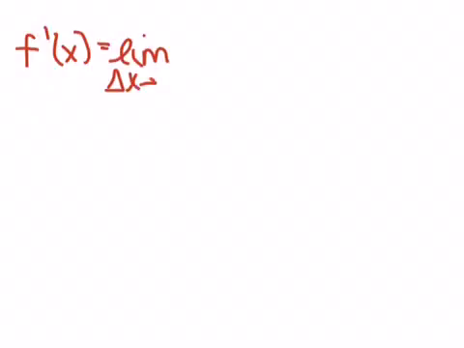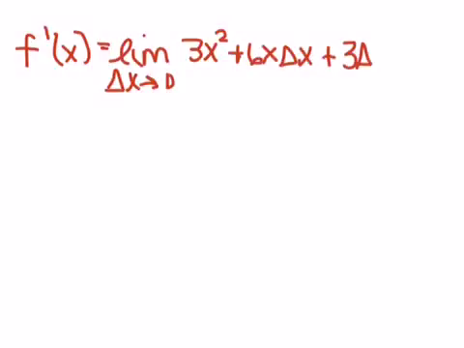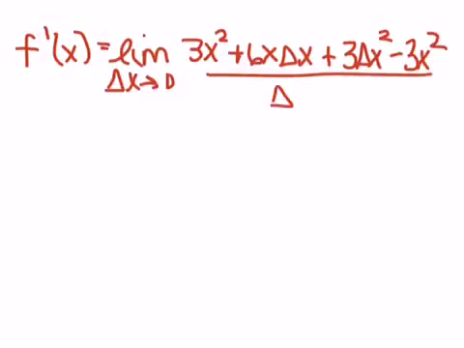Alright, so just copying down what I have so far, f prime, my derivative, is equal to the limit as delta x goes to 0 of 3x squared plus 6x delta x plus 3 delta x squared minus 3x squared over delta x. So again, I see more stuff that cancels. The 3x squareds are going to cancel. So that's going to leave me with